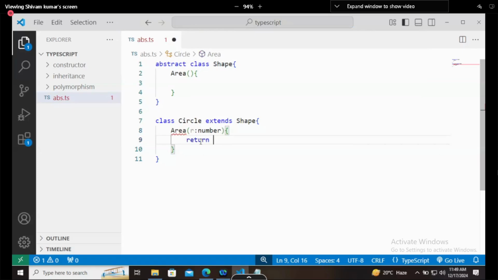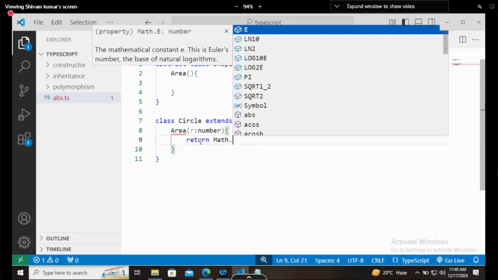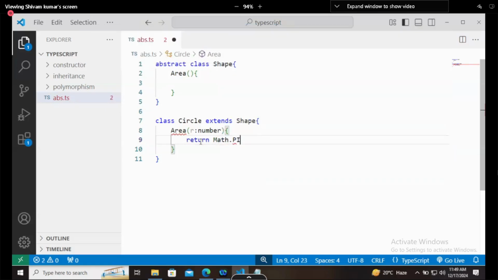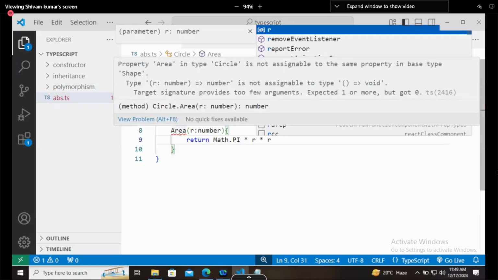So here you can directly use Math.pi, which means pi only. Math.pi multiplied by r and multiplied by r. That's what we are getting. So area is there, not essentially but in base type Shape.